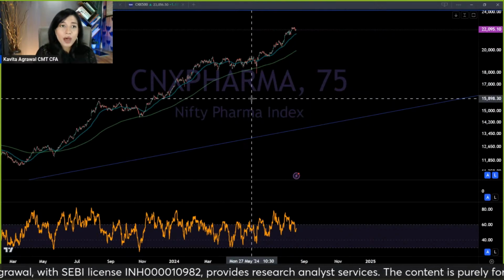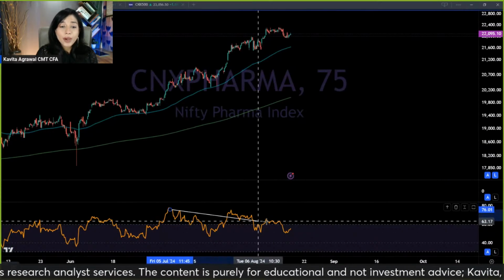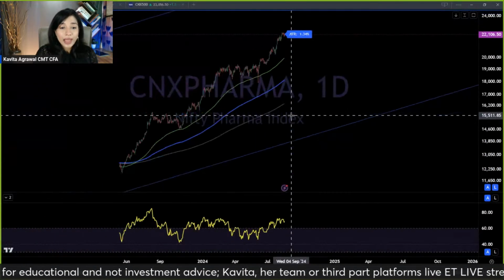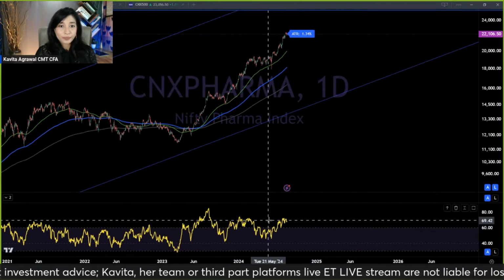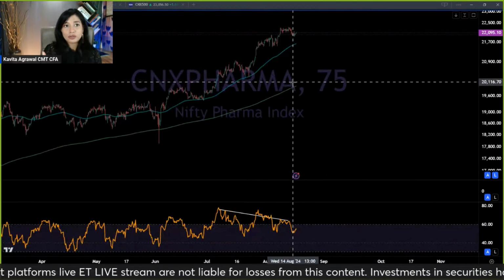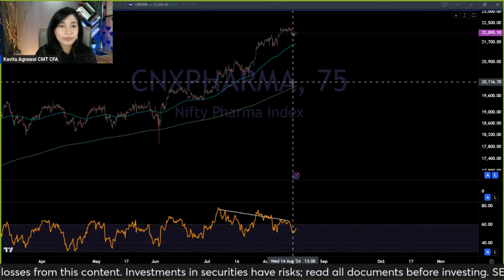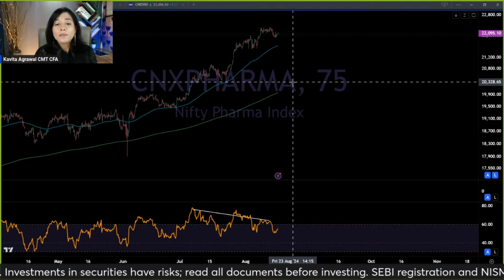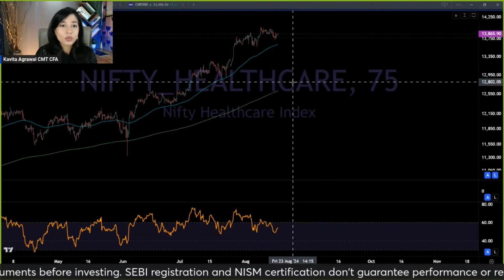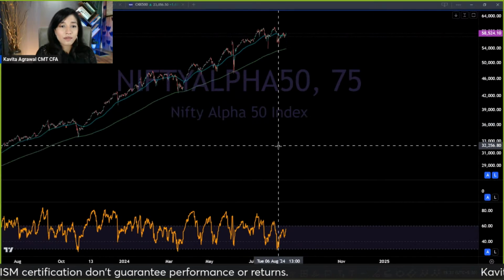Next, CNX Pharma. So pharma and healthcare have given a very, very strong rally. But the sector index is showing a negative divergence now, right? That being said, I don't think pharma is where I want to make fresh positions. Whatever positions you might have existing in your portfolio, you want to maintain active stop losses there, trail your stop losses properly, but avoid making fresh entries. Look for opportunities in the IT sector if fresh entries is what you want to make, right? Same for the healthcare sector. There's usually not much difference in the chart of healthcare and pharma.